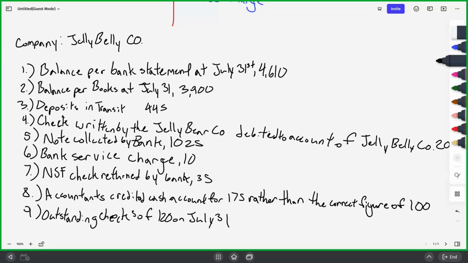Otherwise, some tips for y'all. One thing to do is always memorize the bank issues first, because the bank issues are easy. You only have 3. Another way to do this, ask yourself, who knows? Whenever you're looking through this, does the book know? Because if not, we need to let the bank know. If the bank knows, we need to let the book know. And if neither knows, that means it's a bank issue, and we need to get them to fix it.